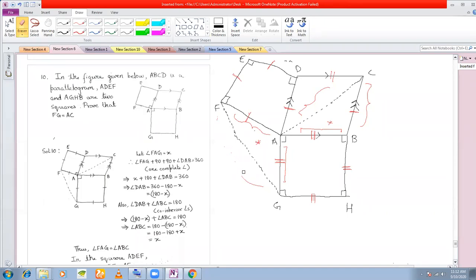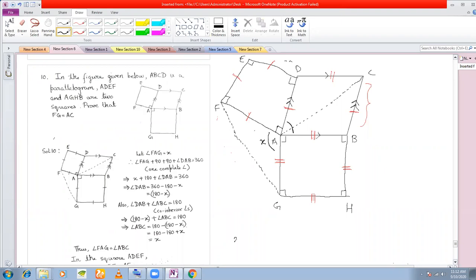So that means that you have to show any one angle to be equal. So which angle is left here? Which angle do you need to show to be equal? See, I call this angle x. X. Okay. This is also 90 degrees, right? So what should be the value of this angle?